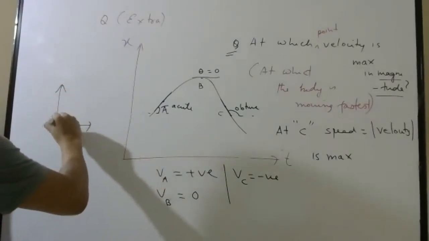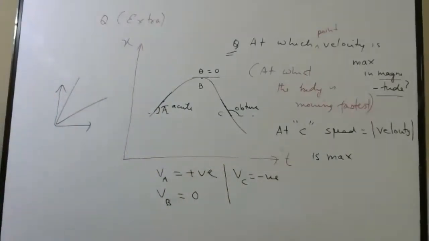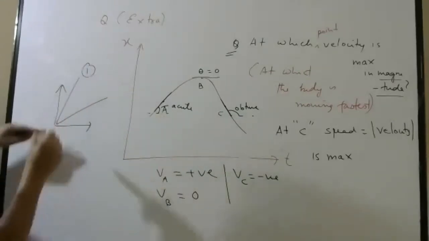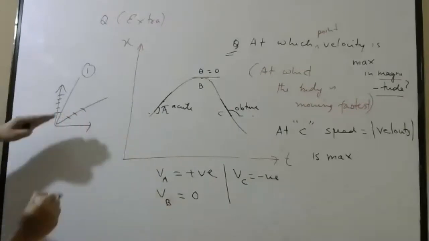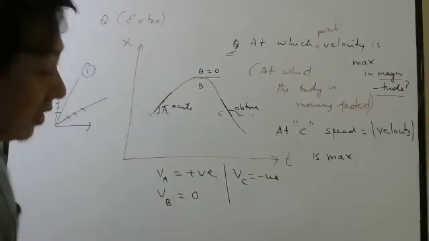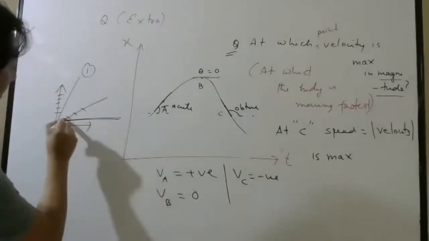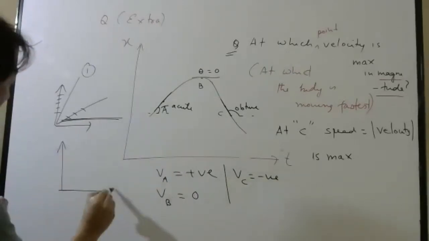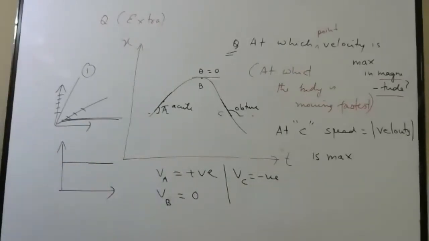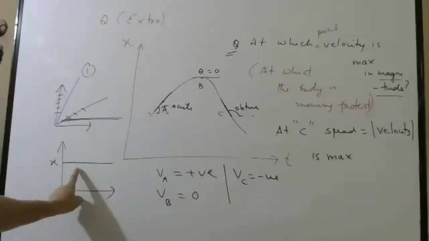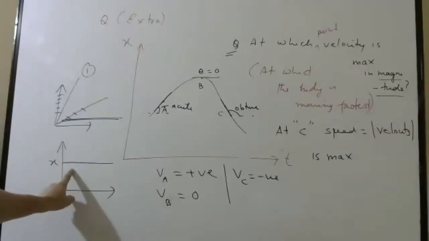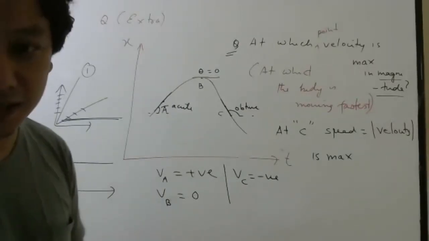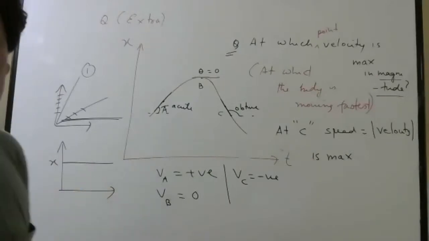If one graph looks something like this, and another graph looks something like this, it is very clear that in this graph the position is changing faster compared to this graph. Here, position is changing very slowly. If the graph was like this only, can I say position is changing? Is the position coordinate changing here? No, here the car is at rest. So for this graph, the car is at rest.